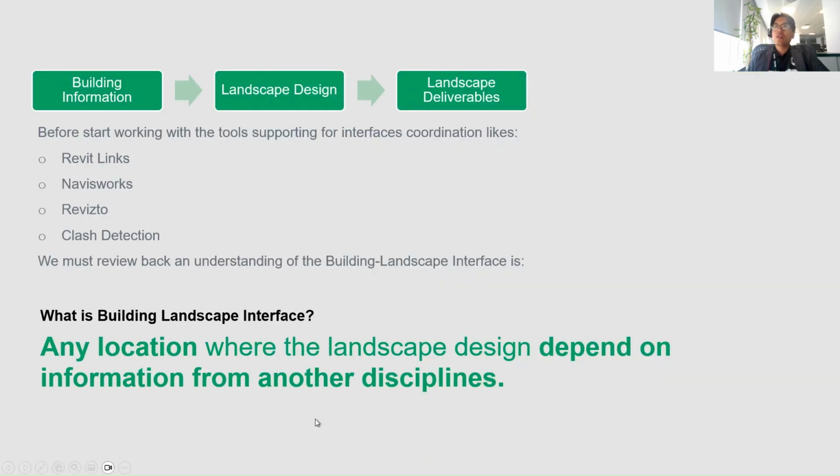So in general, our landscape design workflow will be like this: first we receive the building information, and from that we start with the design. With the help of many tools, we will try to finalize the design and deliver our landscape products. Before starting with the tool support for interface coordination, like Revit links, Navisworks, and clash detections,